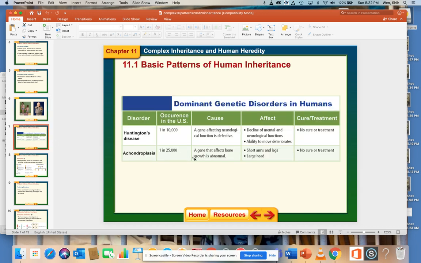The occurrence in the United States is fairly rare: 1 in 10,000 for Huntington's disease, whereas 1 in 25,000 for achondroplasia. And you also notice that there are no cures for either one. So whenever we're talking about doing the pedigrees and doing the Punnett squares, make sure to refer